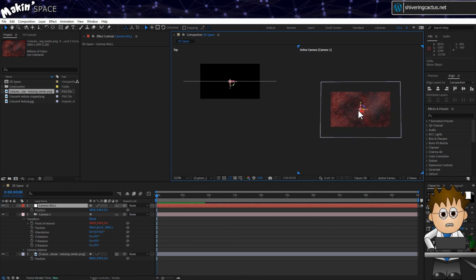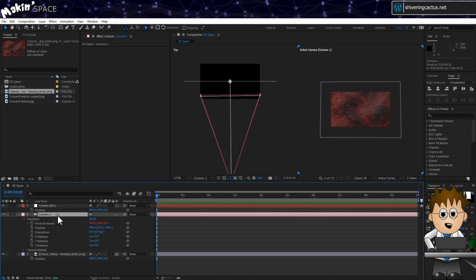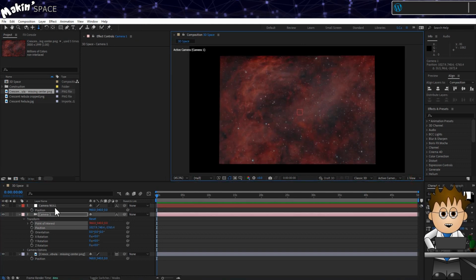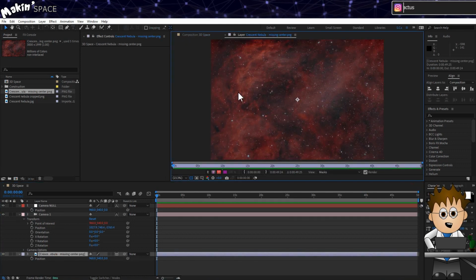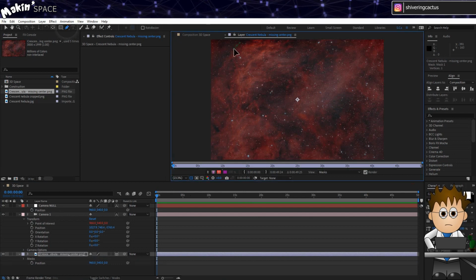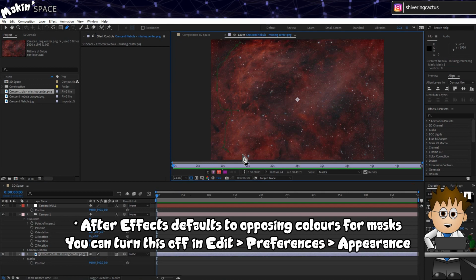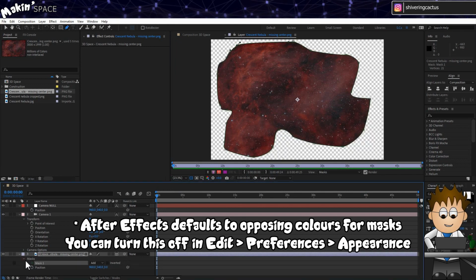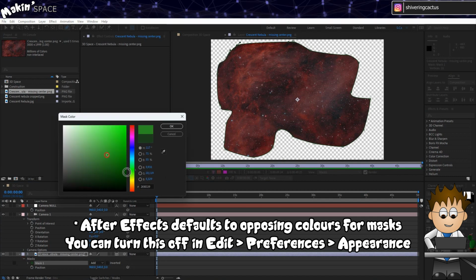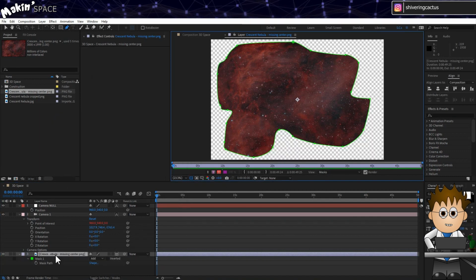some artistic license. Switch back to one view for the moment, and then double click on the nebula layer in the timeline. Now, select the mask tool and draw a mask, clicking and dragging each point. I'm excluding the fainter areas. When you're done,